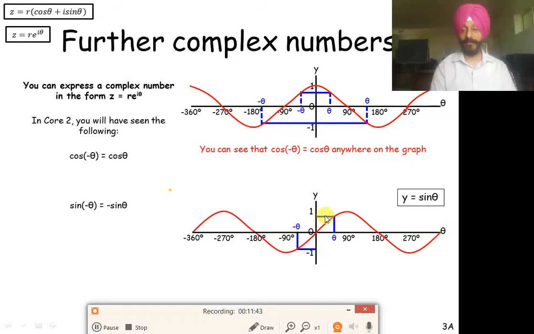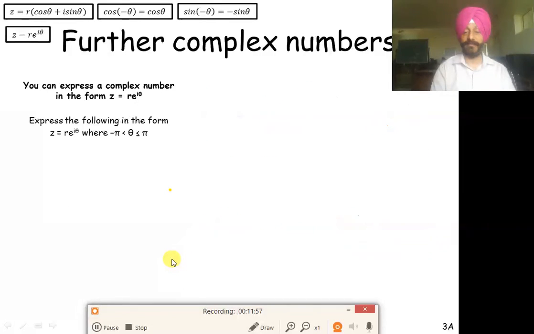So, this side is sin theta and this side is minus theta. On this side the graph is going upward and on this side the graph is going downward. So, you can see that sin minus theta is equal to minus sin theta. Now, come to